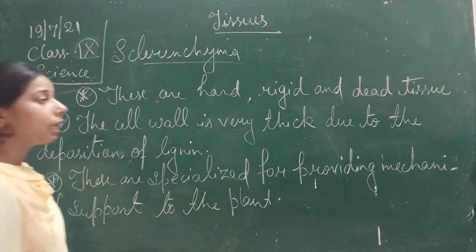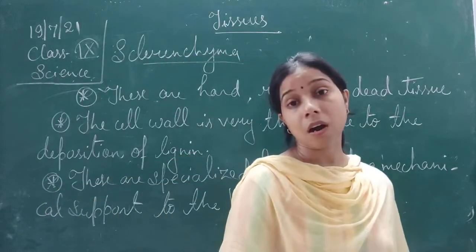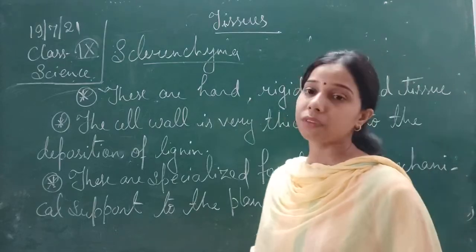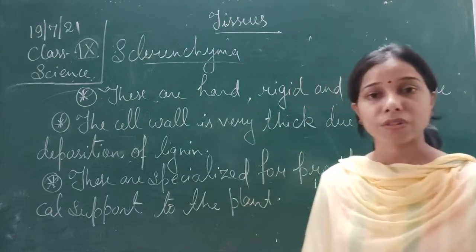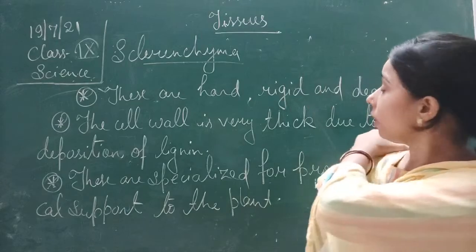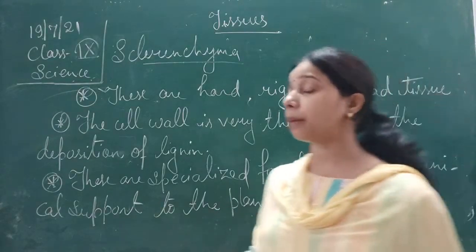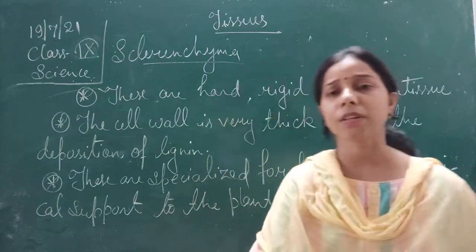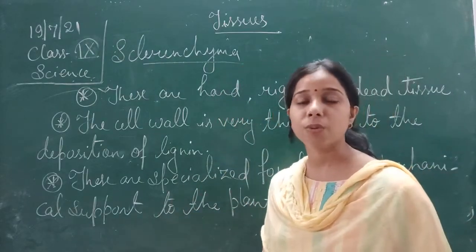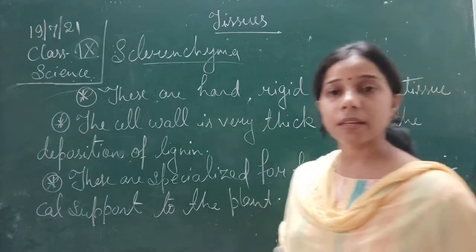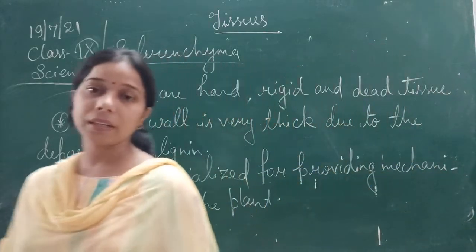We can say here that they are a cement-like hard material, student. They are really very rigid, and the rigidity is because of the lignin only, and since it is rigid, they are dead cells, and that is why they are dead tissues. That is why they help in providing mechanical support. So these are specialized kinds of tissue which help in providing strength to the plant.